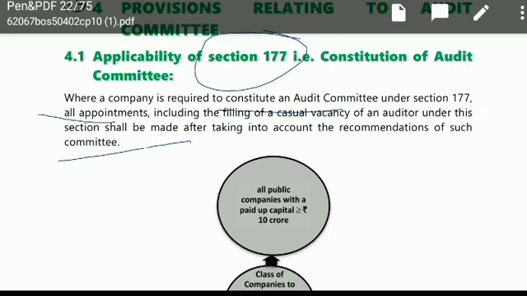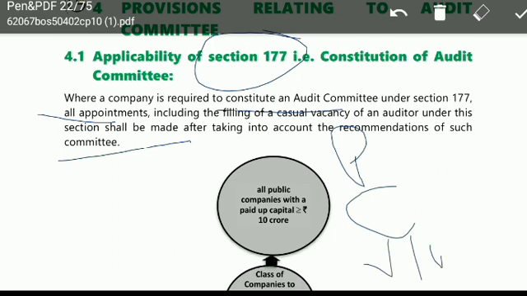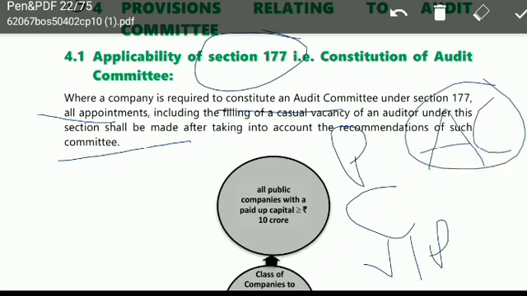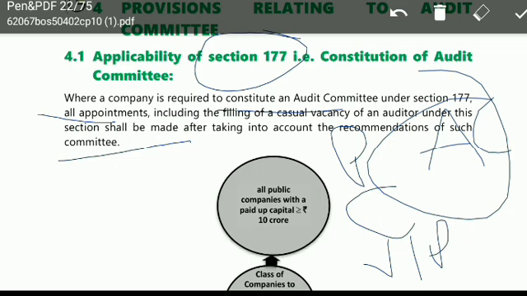Okay, so it is like in your schools, especially if you are from a CBSE board school, there are a lot of posts of teachers, like first is your principal, then your coordinator, then your vice principal, right? There are a lot of posts of people, then there are your coordinators. So like this, there are various posts. In a similar way, in the company also, if there is an audit committee, then it is considered to be on the highest post, and then comes the board of directors, and then comes the members. So whenever there is an audit committee in the company, the first recommendation will be through the audit committee, and then the power will go to the board. Okay,